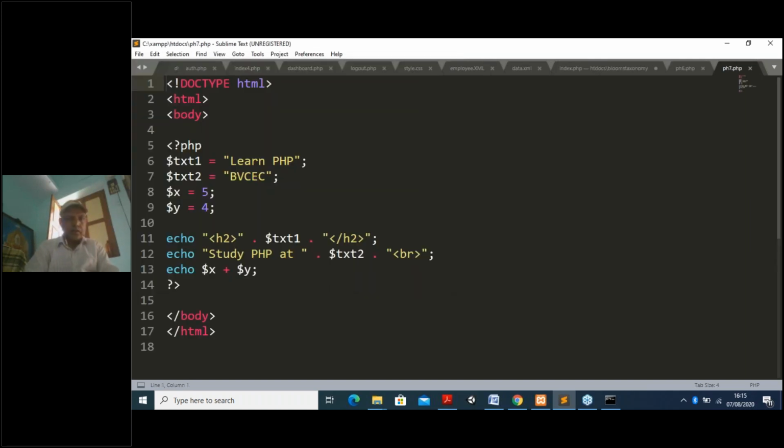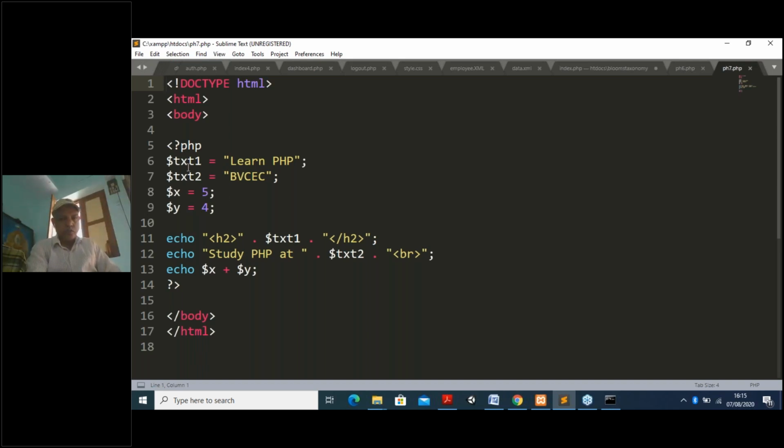See, here I have already shown you. I am declaring some variables and I am going for concatenation of all the things. Okay. So you see, I am not using a function here. Simply I am declaring variables. So under this HTML file, I am putting the PHP code here, less than question mark PHP, and it ends here. As it is inside the HTML file, it is also inside the body and HTML. Now I declare four variables.